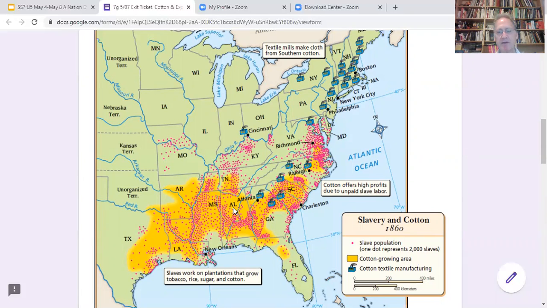So I want you to study this map and make a connection between the areas that are growing cotton in orange or rather yellow, and then the dots, which represent slave populations, and the factories. Notice that most of the factories that processed cotton into clothes were situated in the north, only a few in the south. And then, of course, all of the cotton slave plantations were in the south. So there's an economic division between north and south,